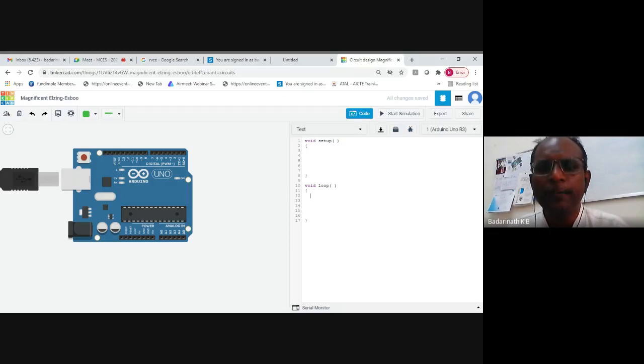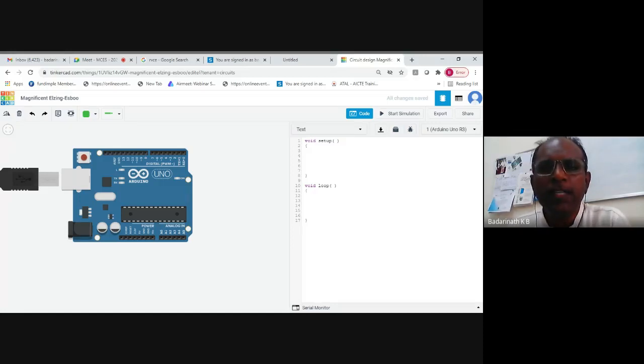See, in normal C programs, you would have written all your code in the main. So what is the first line which is going to execute? The first line you have written in the main is the line which is going to be executed first. But here, the main code is split into two functions in Arduino programming. One is called the setup function and the other the loop. So both will constitute the main here. Main itself is split into two parts, the setup function and the loop function.